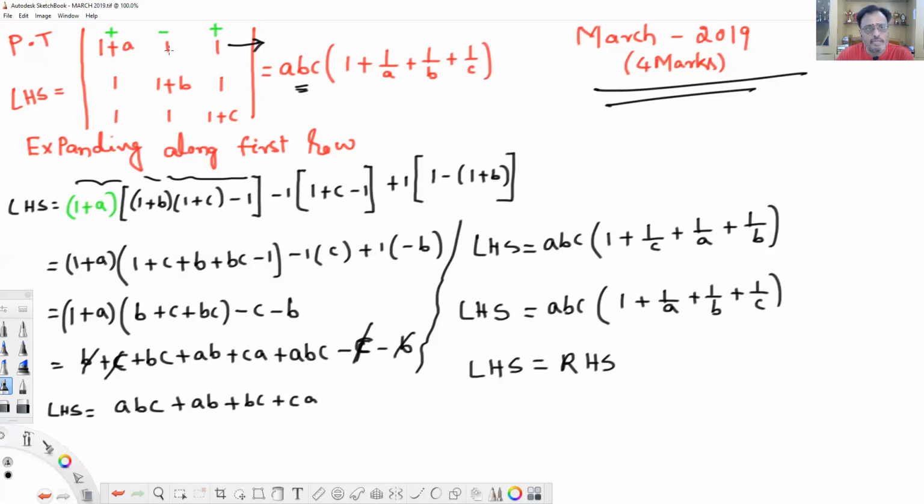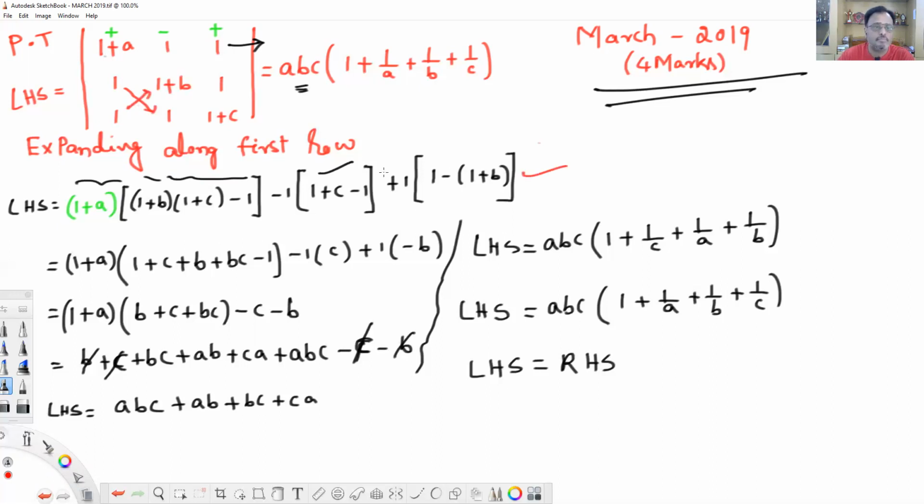At 1, this one we have taken. The horizontal gets cancelled and the vertical gets cancelled. That means 1 into 1 plus c, minus 1 into 1. This also I have written here. And last, plus 1: at 1 you delete the row, and at 1 you delete the column in which 1 is present. Then these two are there, cross multiplication, 1 into 1, 1, minus 1 into 1 plus b.